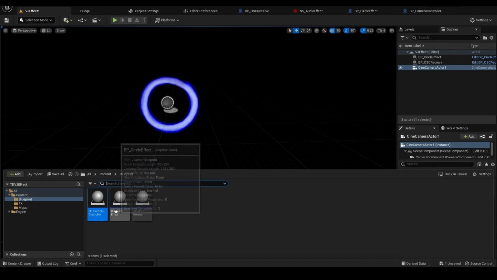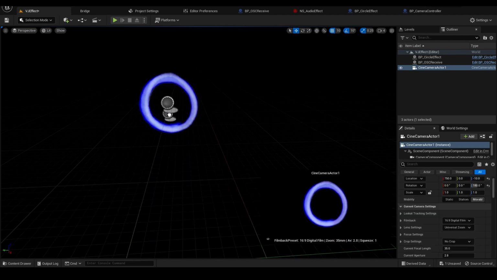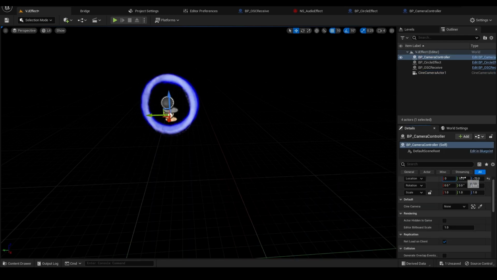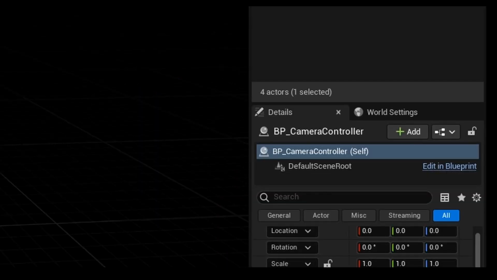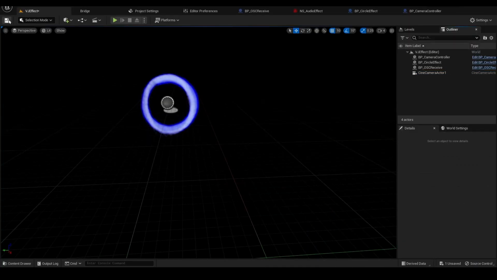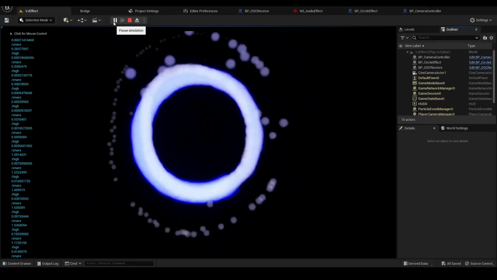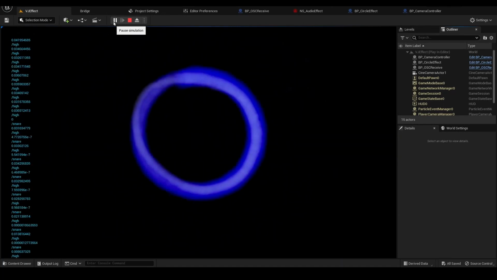I'm gonna add the camera controller in the level at location 0, 0, 0, and specify the scene camera in the details and save it. Boom. Wow. That's super nice. But